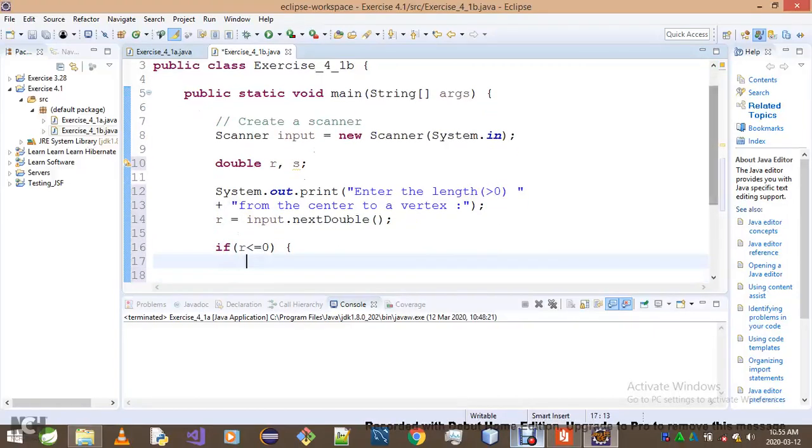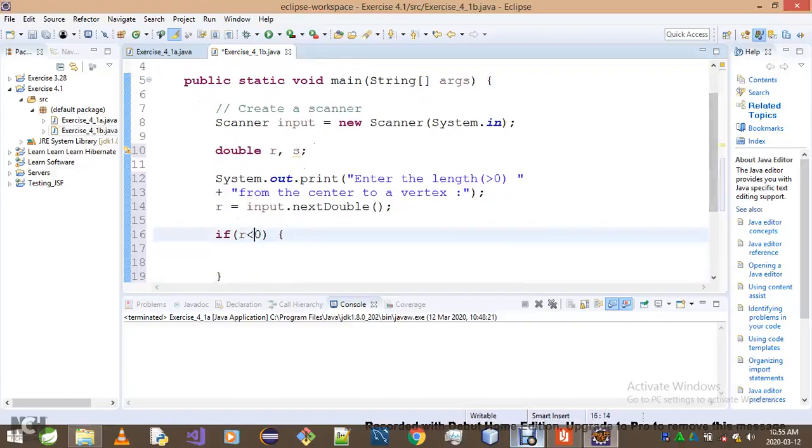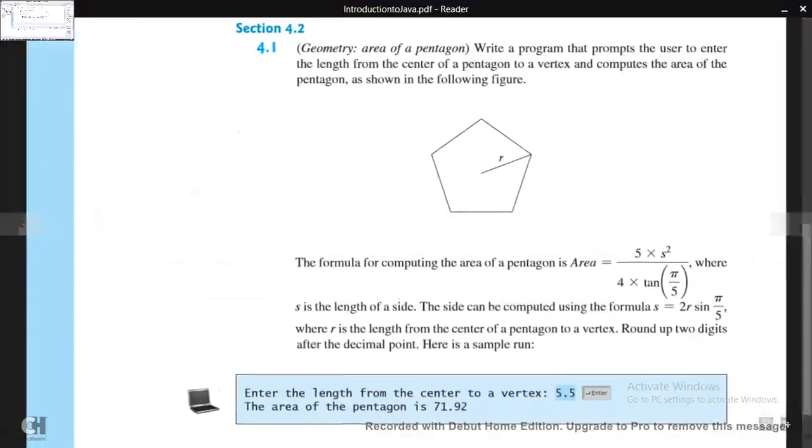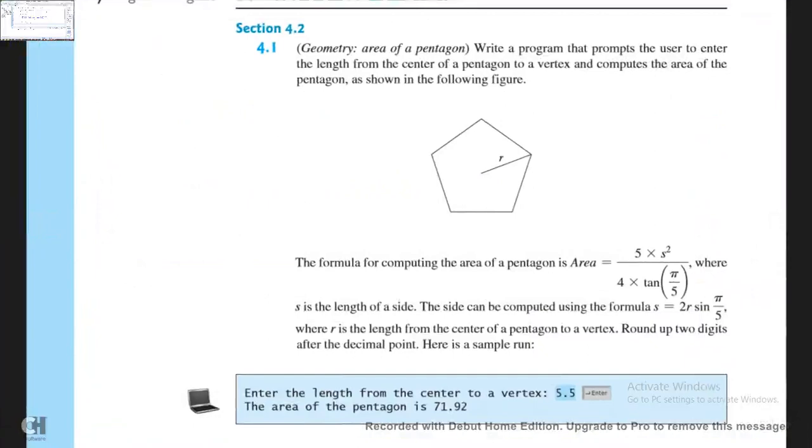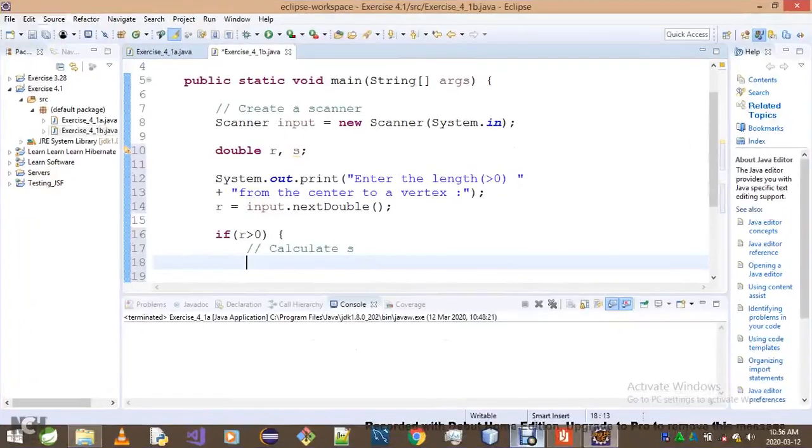I can, let me just, it's totally up to you. You can do it however you like, but this is what I'll do. If r is greater than 0, then I can calculate s. Again, what is the formula for calculating s? It's 2 multiplied by r multiplied by sine pi over 5. So it's going to be s equals 2 multiplied by r